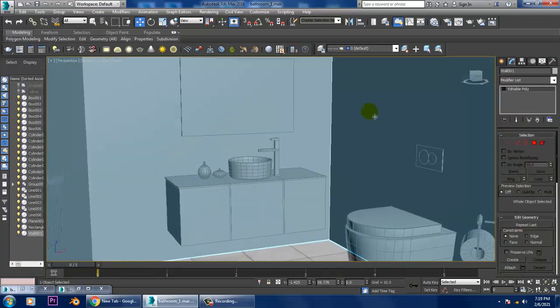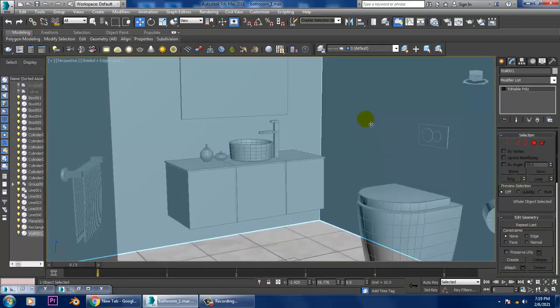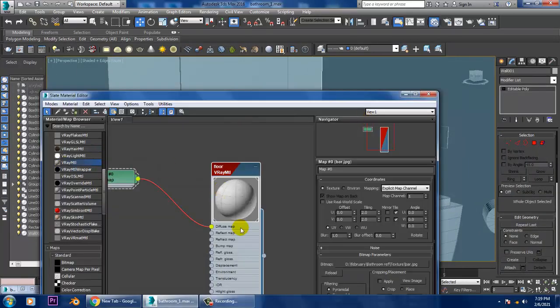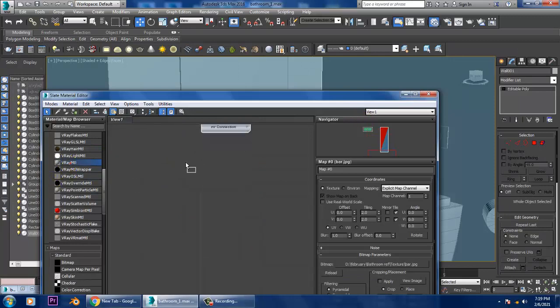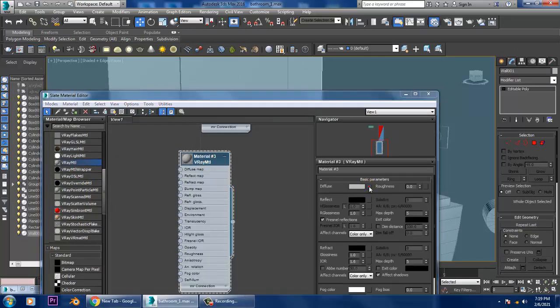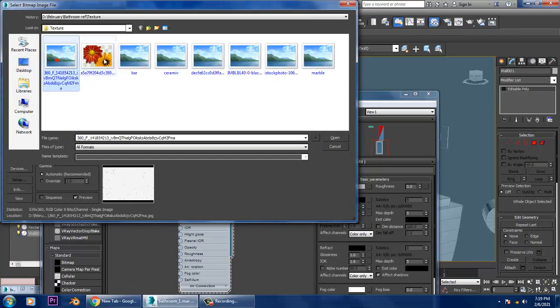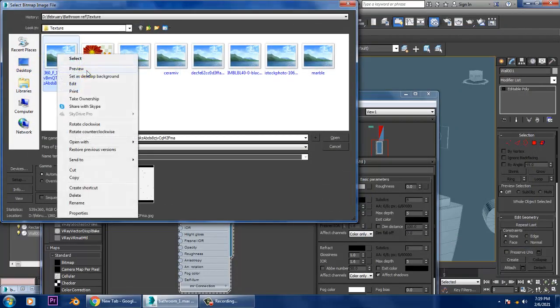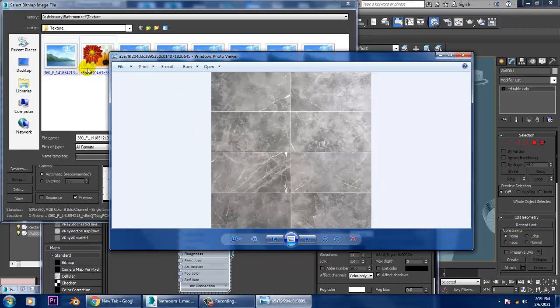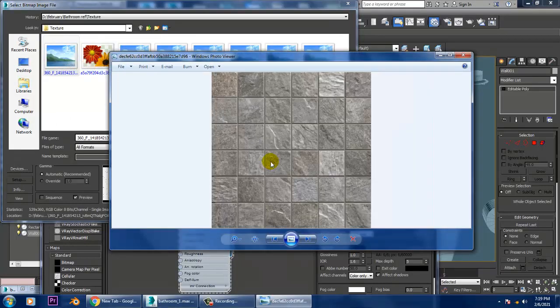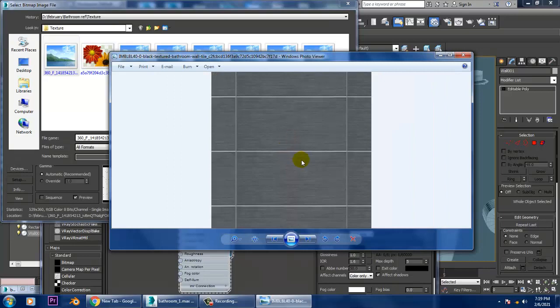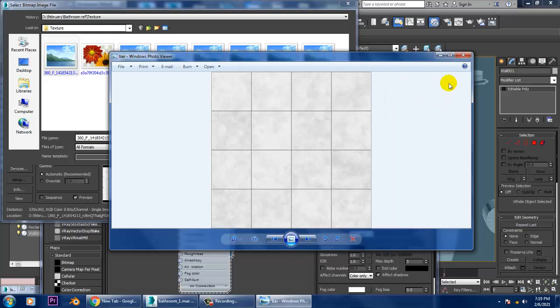Let's select the wall section over here. Let's go into the material. Let's take a V-Ray material. For the wall, go into the diffuse bitmap, and I have downloaded two textures over here. One is this and the other is this. This is also a texture, this can also be applied. So let's check out this texture, how it looks like.